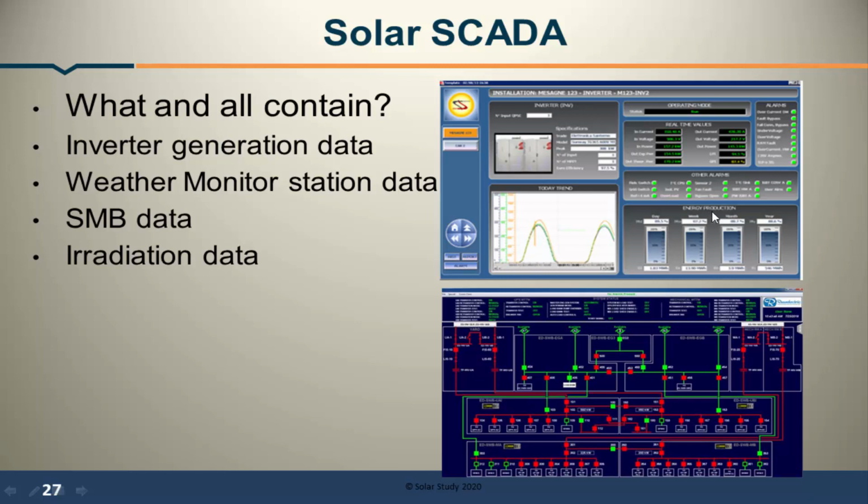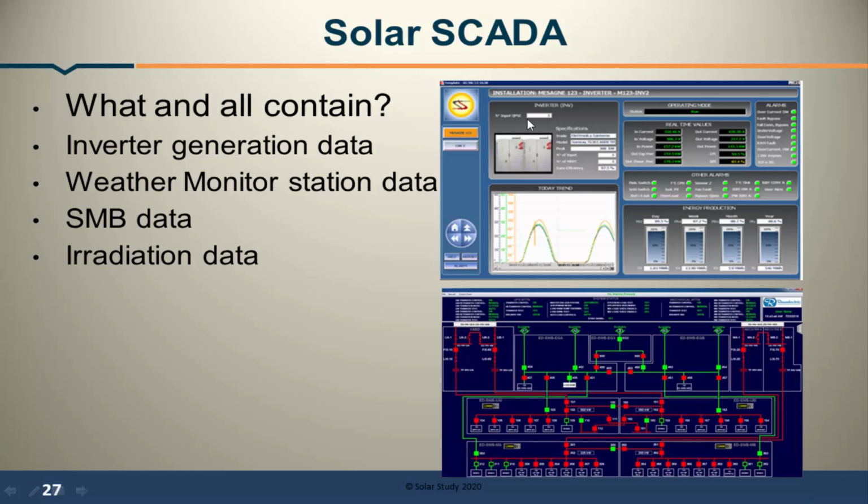Then energy production, then other analysis, what and all circuit breaker doing, how much current is coming, then wind data. That and all we can see. This is one of the computer interface. This I took from the internet. Also same thing, where and all it is currently active, how many inverter are connected. See you can see here how many inverter, how many strings, how many panel, how many are currently active. This green is indicating the active inverters and red is the inactive inverters. That and all we can see in the monitor.